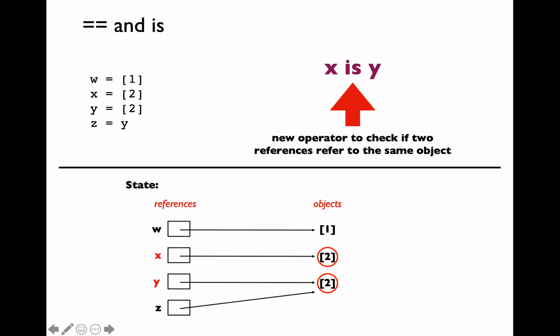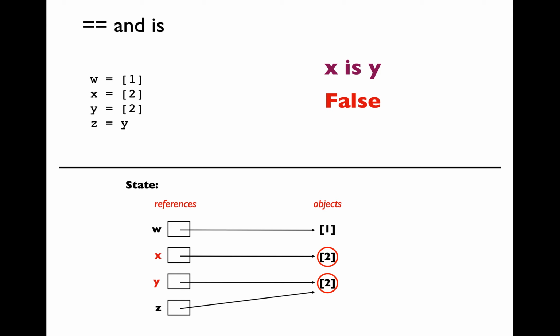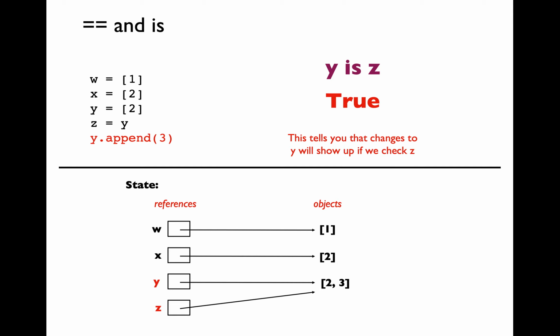Let's learn about the is comparison operator. When you use the is comparison operator, you're going to literally check if both of the object instances are exactly the same, meaning that you're going to check whether x and y are storing references to the same list object instance. So x is y is going to return a value of false because x and y are not storing the reference to the same list object instance. y is z on the other hand is going to return true because both of those are storing references to the same list object instance.